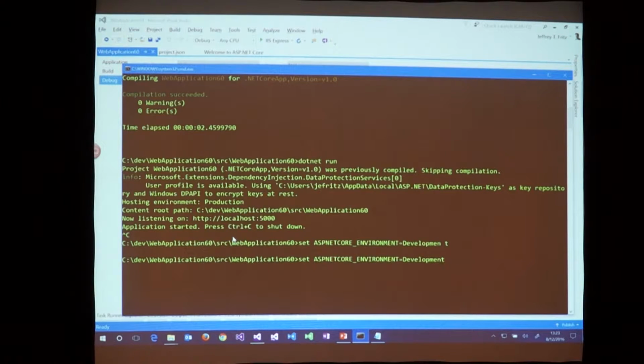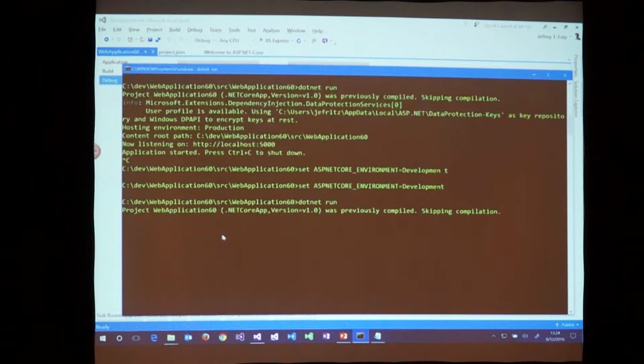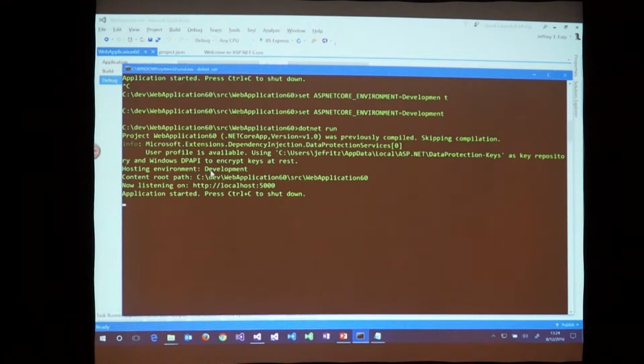That didn't come out right. There it goes. So now if I do dotnet run, and now it tells me it's development, okay? Now,